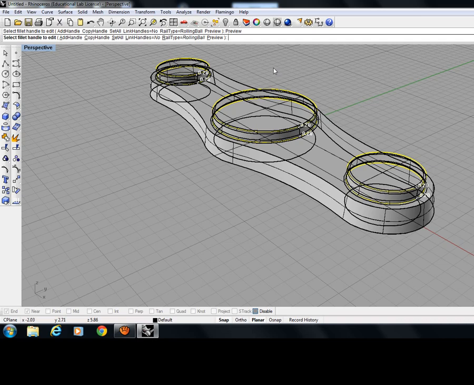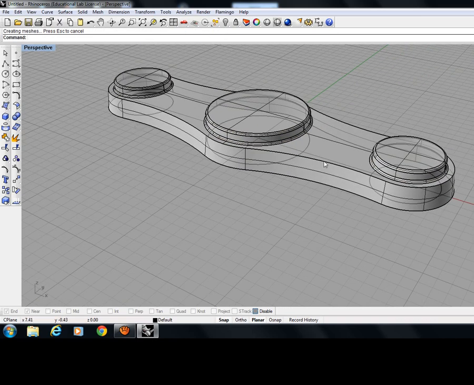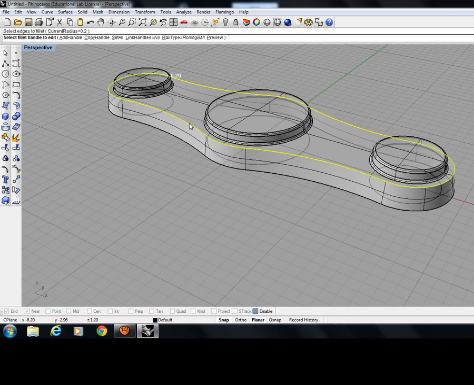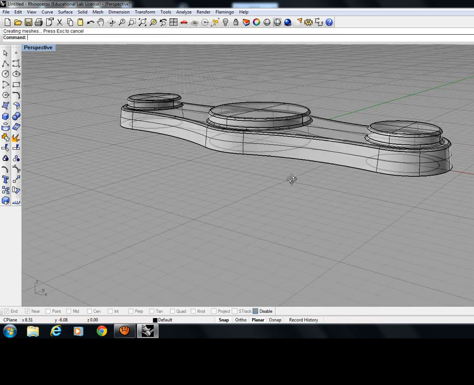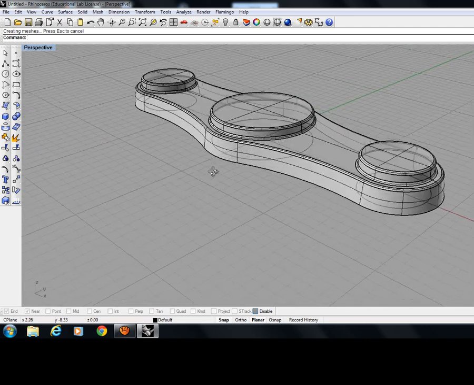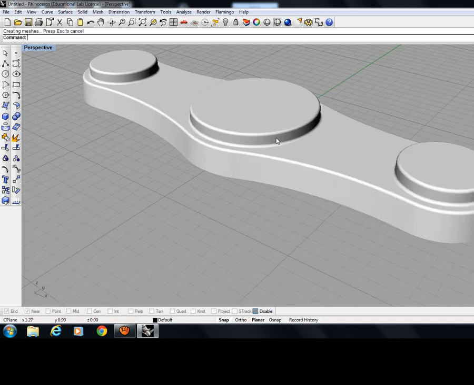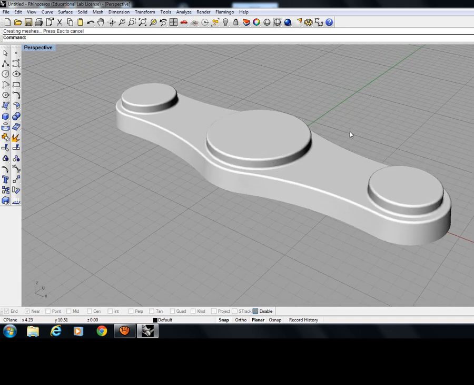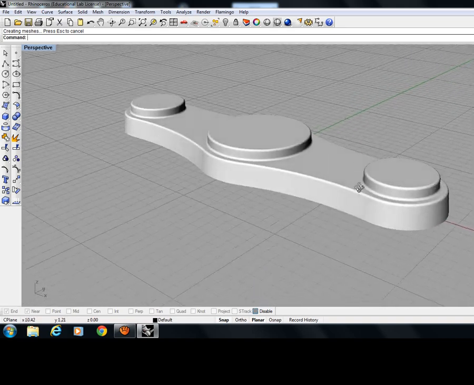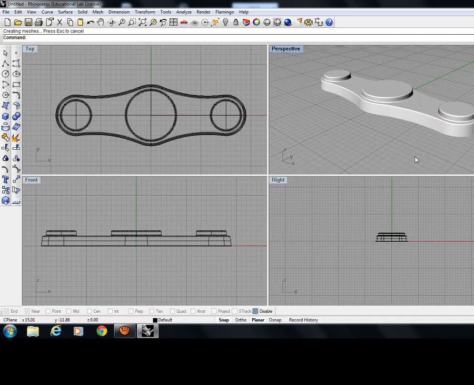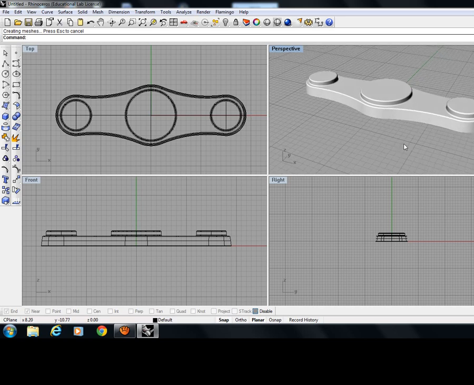Okay, so after I have this, press enter, and here I have a little bit my edges filled. I'm going to do the same thing. I'm going to click enter again. I'm going to press enter. That way I can fillet this part, and that's it. Okay, let's see how it looks. Now it looks a little bit more organic. Okay, it's rounded on the upper part and on the bottom part. So very good. So now we have the base of our